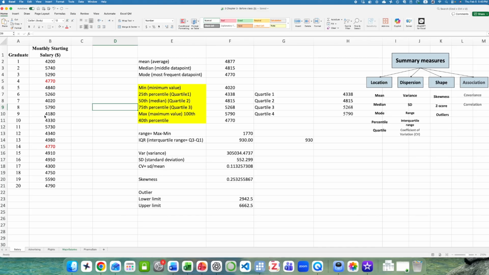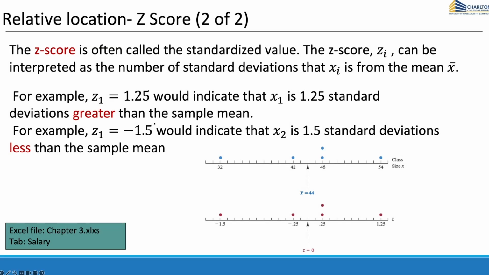Welcome back to the second tutorial on summary measures in Excel. In this tutorial, I'm going to talk about z-score and association measures. Let's look at the definition of the z-score first. Z-score is also called the standardized value. The z-score Zi can be interpreted as the number of standard deviations that each data point xi is from